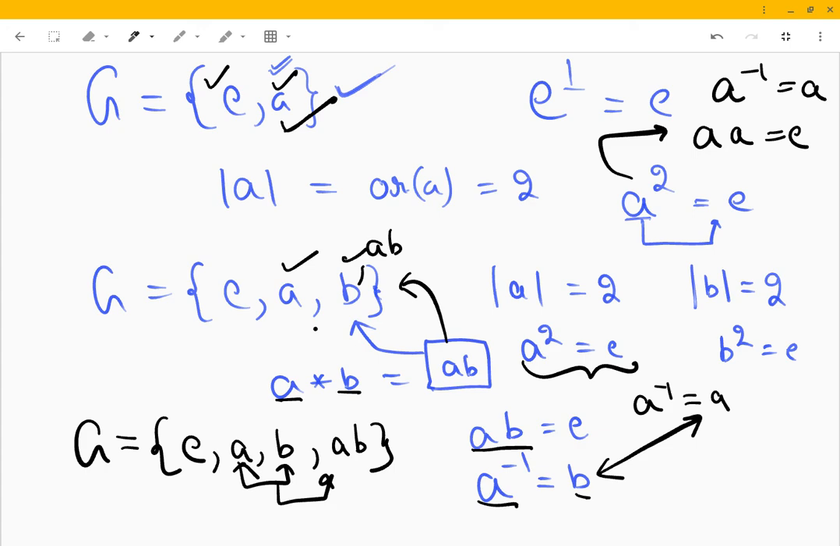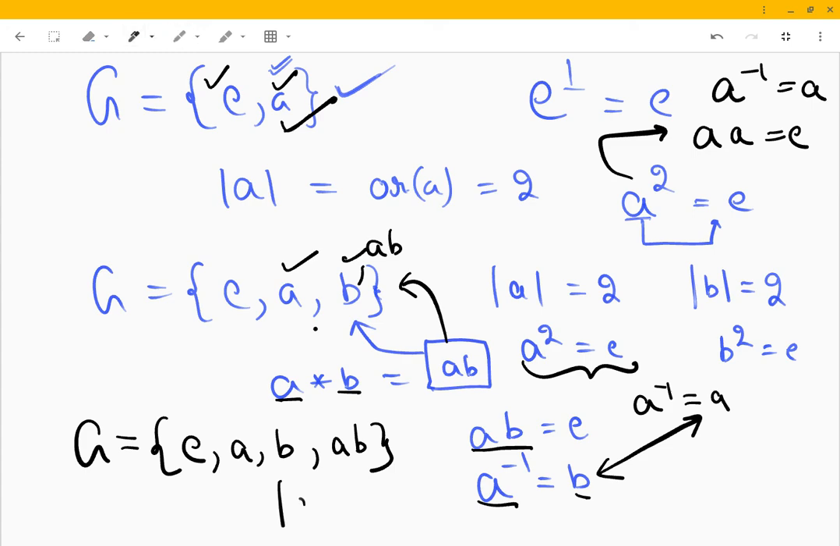Because if two elements of order 2 are present, that means they both are their own inverse. But then what is their combination? Where is that element? It has to exist, right? And this AB is that element. Now, what will be the order of AB? Well, do we see another element? No. So the order of AB